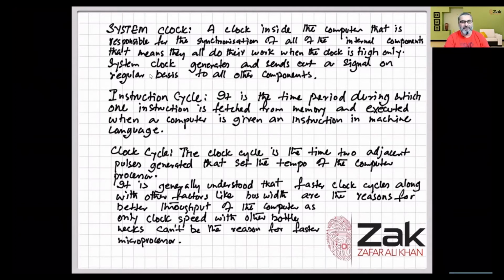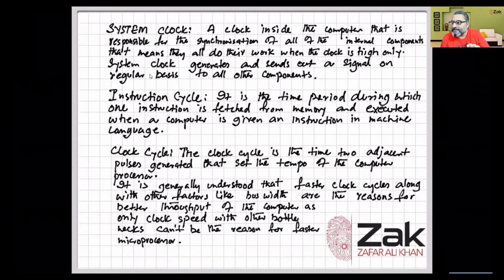You will go to page 9, fetch what is at page 9, and then you will tell me. But the instruction is to go to page 9 and fetch it. So you would have to go to page 9 to fetch it. So the instruction cycle is a time period during which one instruction is fetched from the memory and executed when the computer is given an instruction in machine language. So the whole instruction which is being executed is the instruction cycle. And the clock cycle is the time